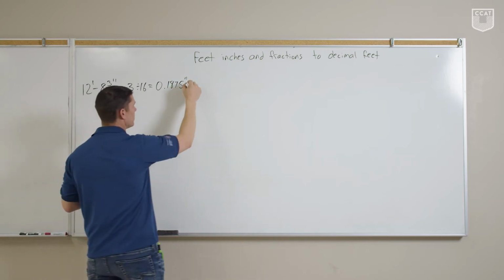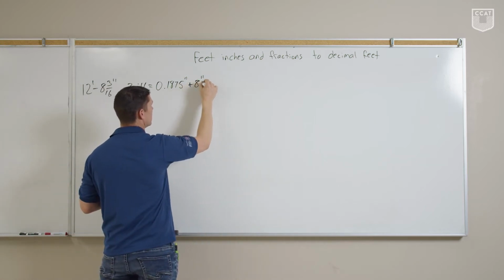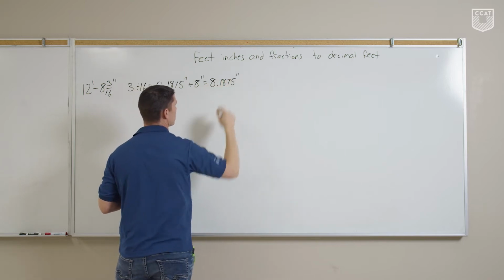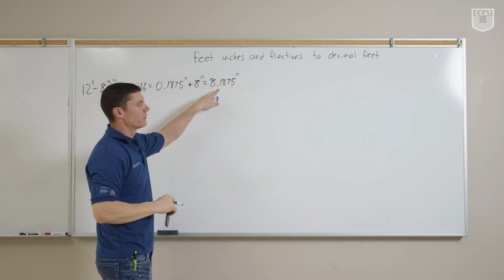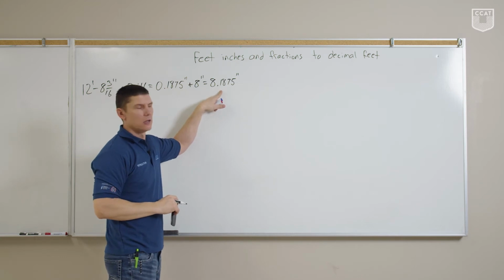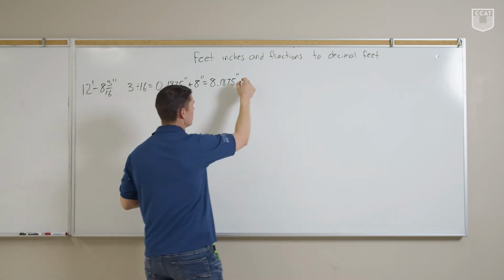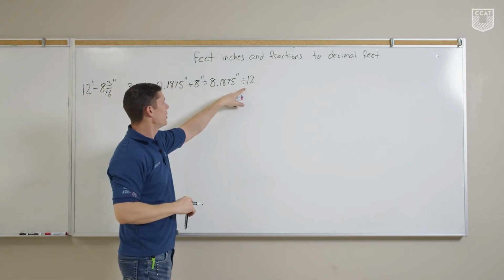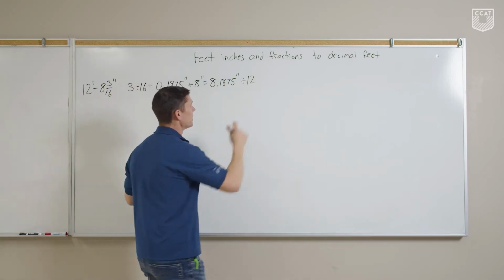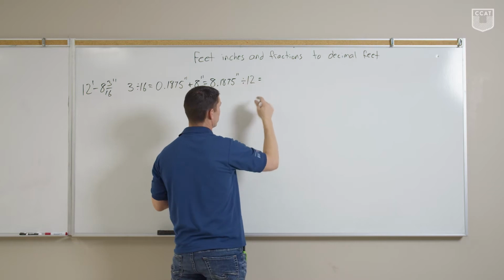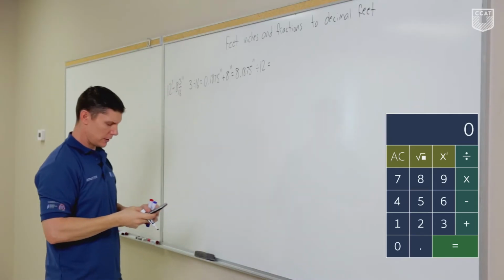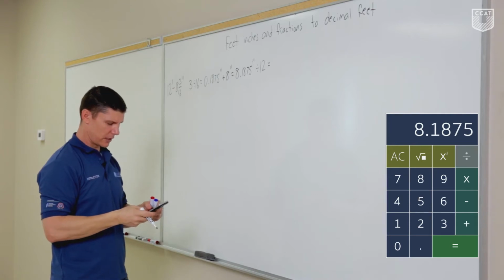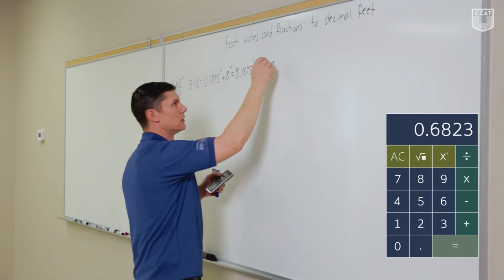The next step, we're going to add our full inches to it. So we've got 8 full inches, so we'll be plus 8 inch equals 8.1875 inch. Next step, we want to convert that to decimal feet. So to do that, we're going to divide by 12. We have 12 inches in a foot, so if we divide the 8.1875 by 12, that's going to give us our number in decimal feet. So 8.1875 divided by 12 equals